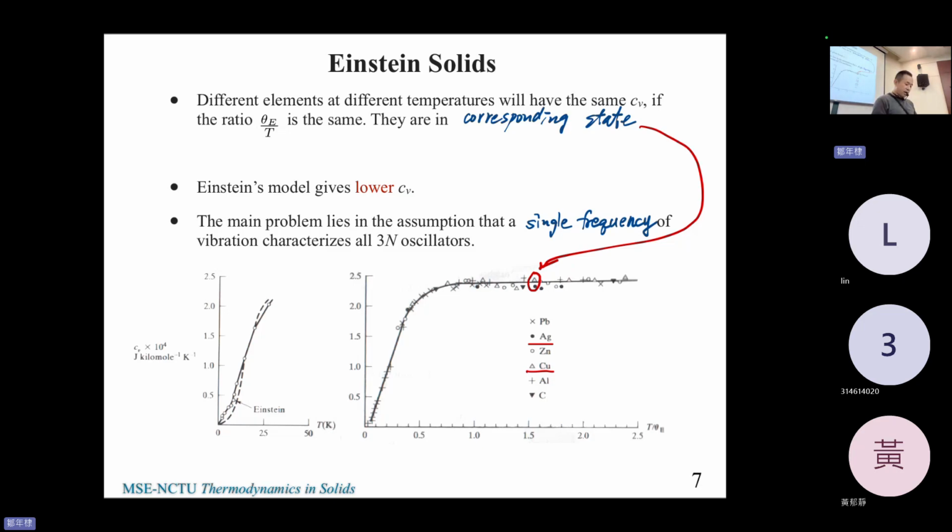好,我们再看一下爱因斯坦模型。当我们做实验的时候,我们会量不同的金属,然后我们发现,如果 x 轴使用的是 T over 西塔 E 的比值来看的话,不同的 material 的点都会落在这条线上,非常有趣。就算是不同的材料,Ag 跟 Cu 有不同的西塔 E,但是它们在不同温度下,只要西塔 E over T 这个比值是一样的,它们就会得到相同的 CV。所以这还蛮有趣的。我们叫这样的状态为 corresponding state,只是一个名词而已,跟大家解释一下。那接下来,爱因斯坦的模型,我们发现它有一个